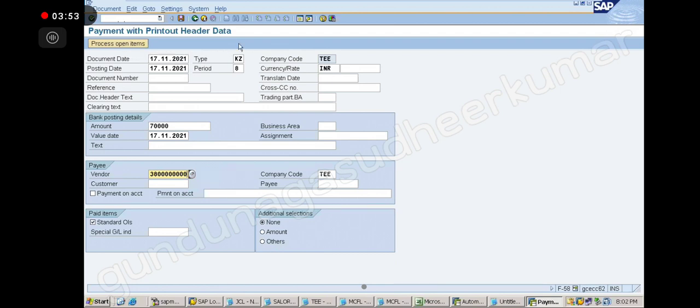Is it clear? House bank we have given now. If you want to refill that check, I will show you, right? That is the next topic.